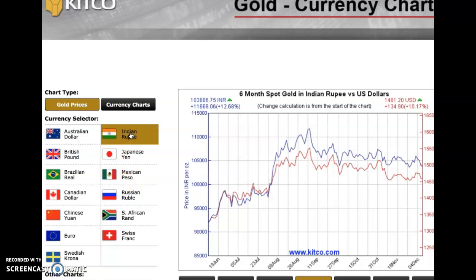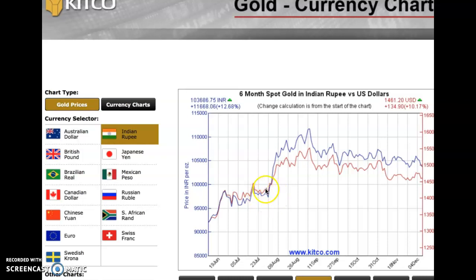In India, blue line above the red line. So it is not a time to buy yet. We want to look for a divergence of the blue line below the red line, as we had down here about 10 months ago. No, about